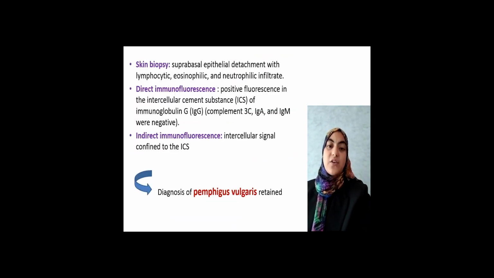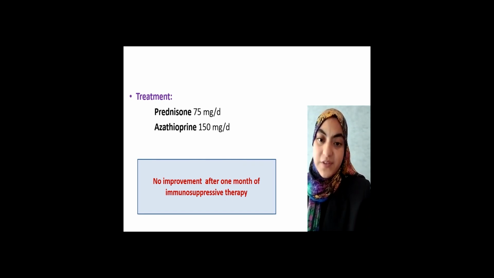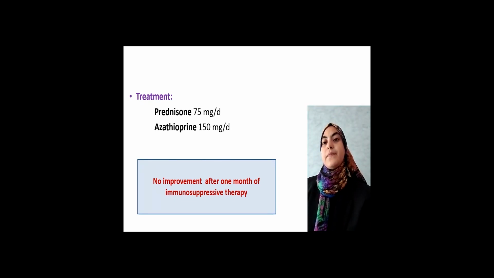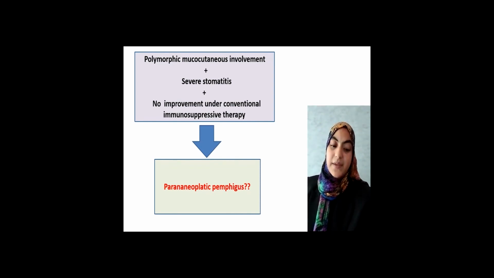Skin biopsy, direct and indirect immunofluorescence confirmed the diagnosis of autoimmune bullous disease type pemphigus vulgaris. So the patient was treated with prednisone 75 mg per day and azathioprine 150 mg per day. No improvement was noted after 1 month of immunosuppressive therapy. Considering the polymorphic mucocutaneous involvement, the severe stomatitis, and the no improvement after 1 month of conventional immunosuppressive therapy,